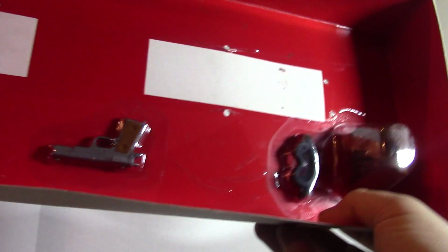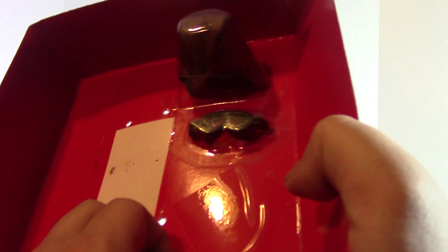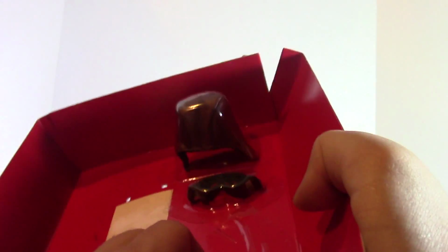Okay, so here we have his accessories: goggles, a fighter hat, and his gun. I really wish they made it easier to get it out instead of having to rip the packaging, because I like resealable packaging better than having to rip things. It helps with the collectability if you want to resell or anything, which you would think they would have thought of. I get they're going for the old style, and this is basically how it looks. If you remember the Snake Eyes figure, his weapons were encased like that, but still, it helped the resellability. For the most part, things are becoming resealable, so it kind of appeals. You can pose it, put it out, and then one day put it back in the box and sell it. Yeah, anyways, here we have the fighter hat, his goggles,